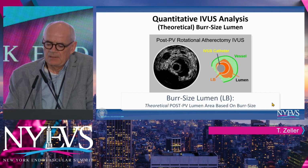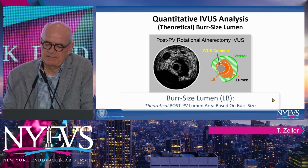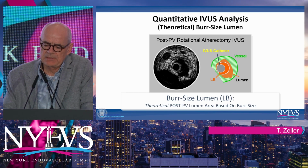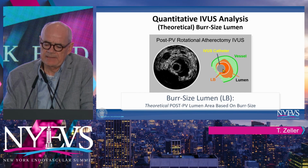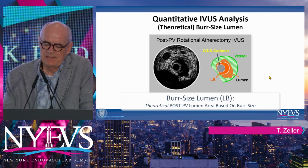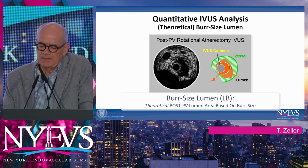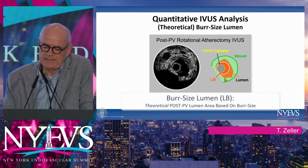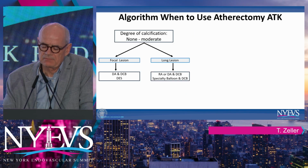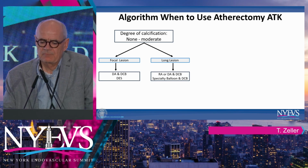years later. We could already, within this initial experience, show that this kind of aspiration, rotational atherectomy does result in a bigger luminal gain than expected based on the outer diameter of the device itself. So by some oscillation of the cutter, the size of luminal gain is bigger than what you can calculate based on the burr size, and this has also been shown already in this time based on IVUS. So what is my